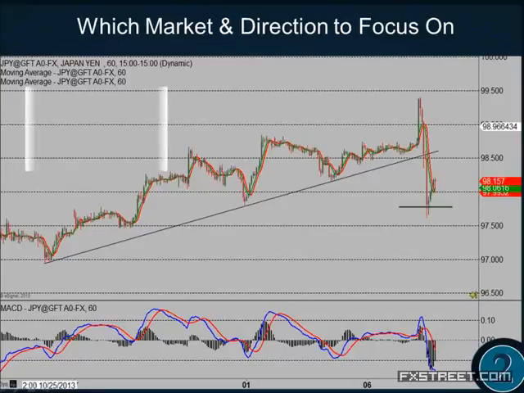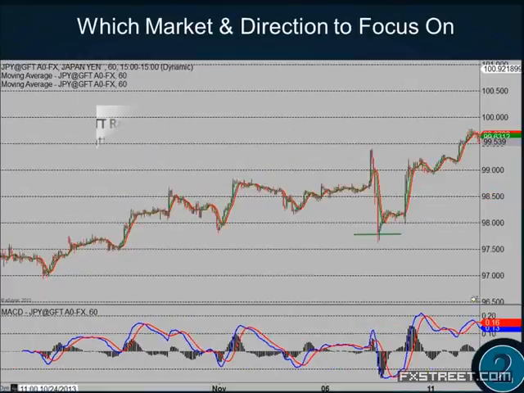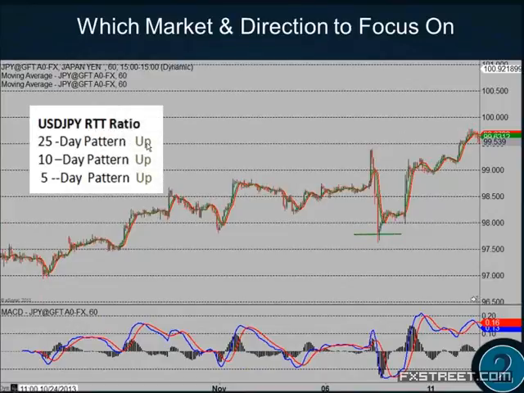But from our perspective, even at that low point, if we know the majority patterns are up, we're looking to be buyers down here, okay? So we're looking to be buyers down there, not sellers. And so once again, that ratio is doing a great job of keeping us on the right side of the market. Now look what happens. That's that same level. Market goes down to make a higher high. Now all the patterns are bullish.